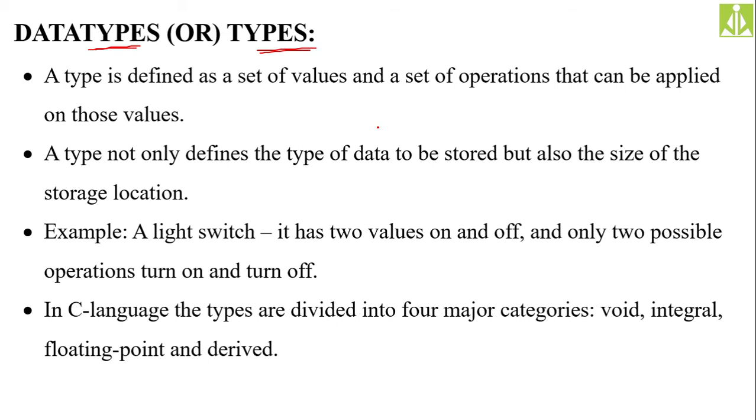In order to take a particular data into your C program, you need to define its type. Type definition is nothing but what type of data you are taking into your C program. If you are taking numerical data, you have to define the data using numerical type. If you are taking character data, you have to define it using character type. If you are taking precision, I mean decimal points data, you have to define it with float or double. And if you are taking string data, you have to define it with strings.